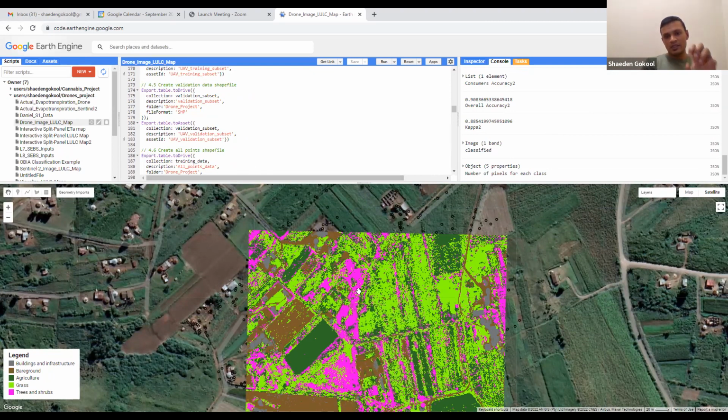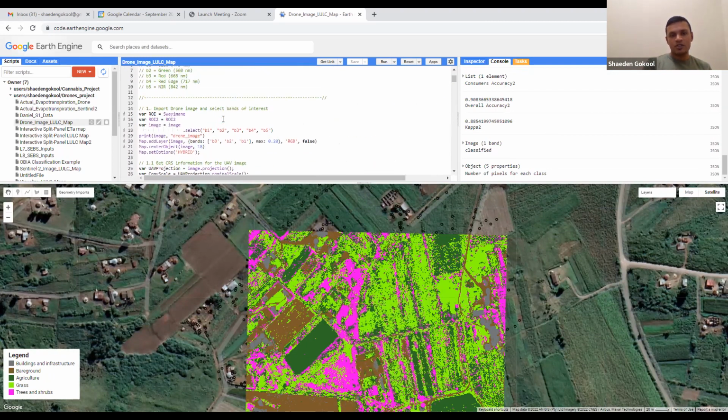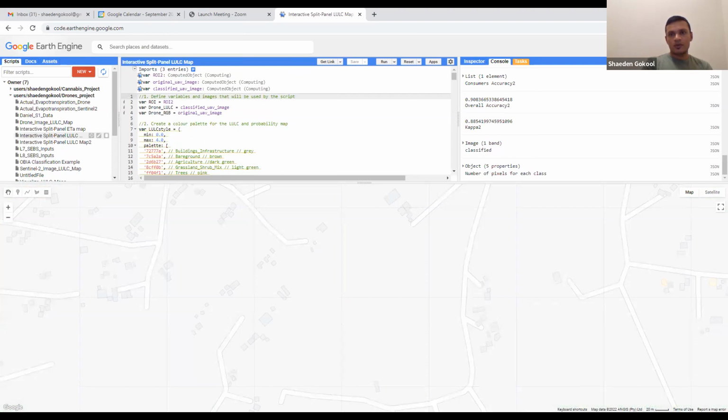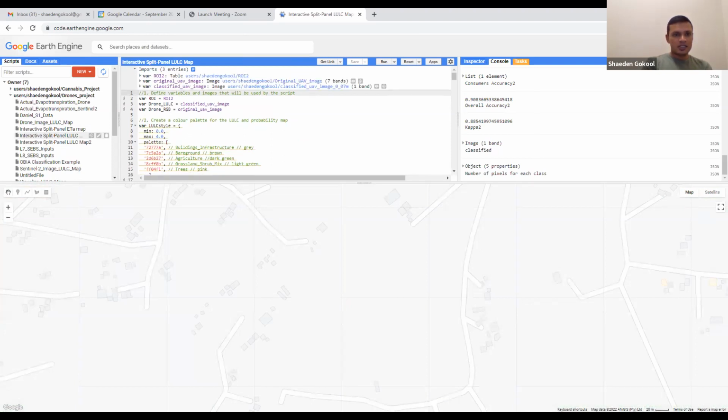So let's say we did this land use land cover classification for today. If I get another drone image sometime in December, I don't have to go through this whole process again of compiling the code. All I have to do is just import the next image and rerun the code. And in a matter of seconds, it's going to generate the output I'm interested in. So that is just an example of a more detailed application that you can perform. And then working off that existing example,